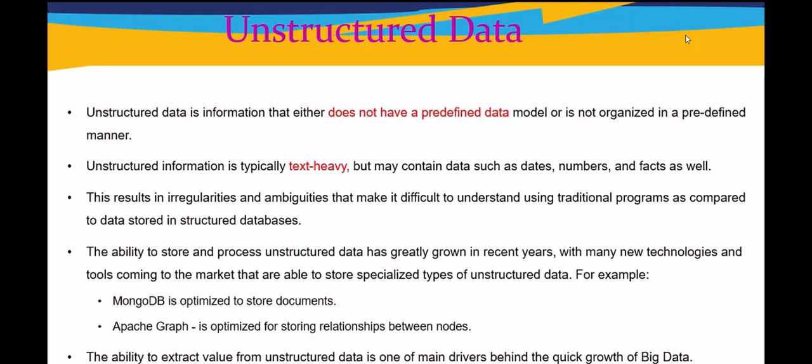The ability to store and process unstructured data has greatly grown in recent years, with many new technologies and tools coming to the market that are able to store specialized types of unstructured data. For example, MongoDB is optimized to store documents. Apache Graph is optimized for